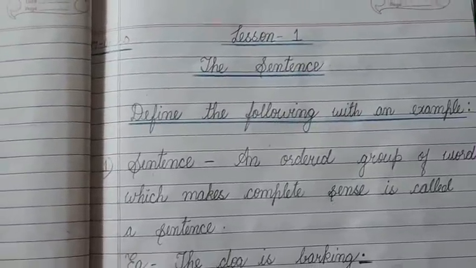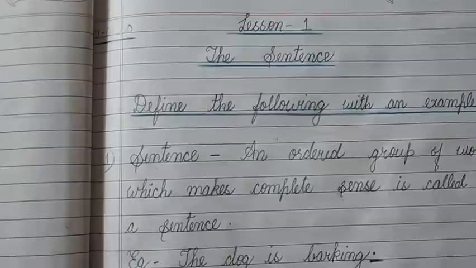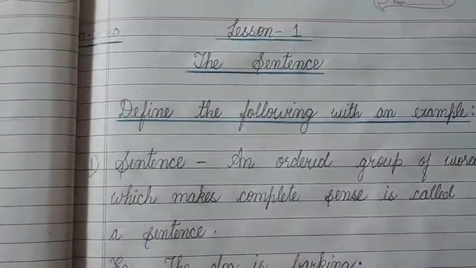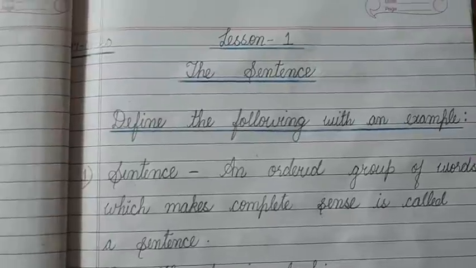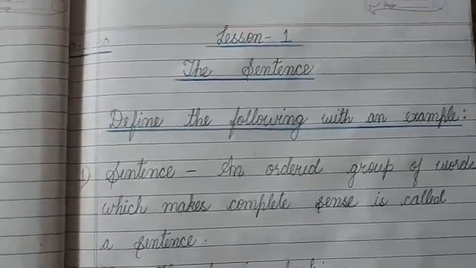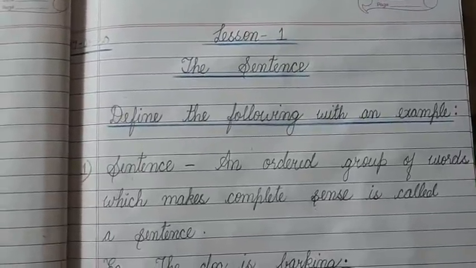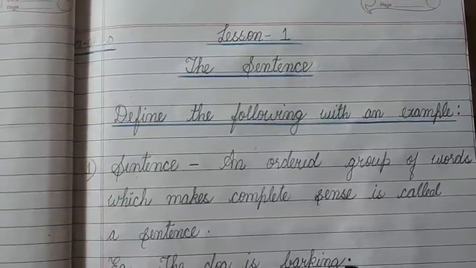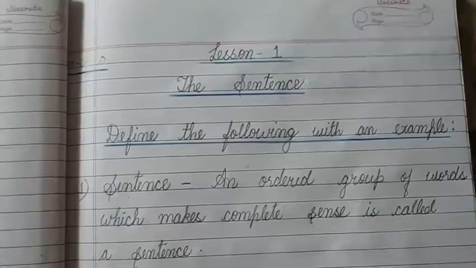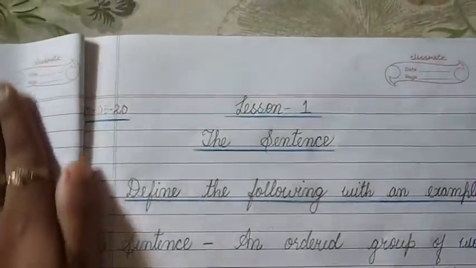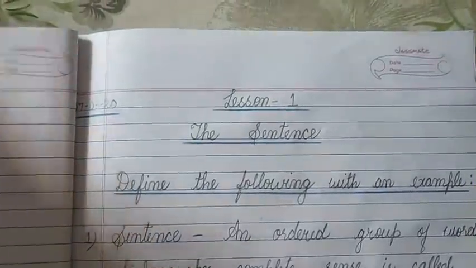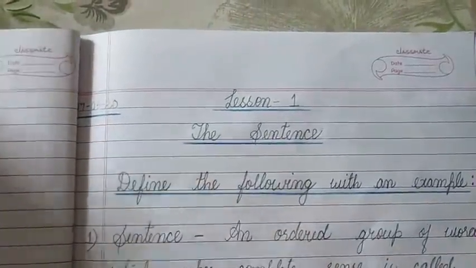Now see children, as you can see, I have written these definitions in a double line copy. Okay, so from third onwards, you are going to write in a double line copy. Till second standard, you were writing in a 4 line copy. But from class 3rd, you are going to write in a double line copy. And see how I have written. I am going to tell you how you have to write in your classwork copy, in your fair copy. The very first page of your copy, you will leave.